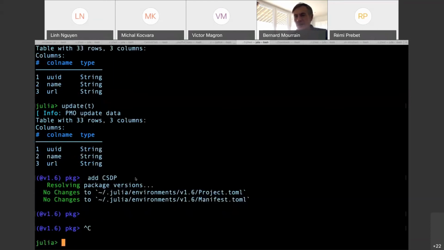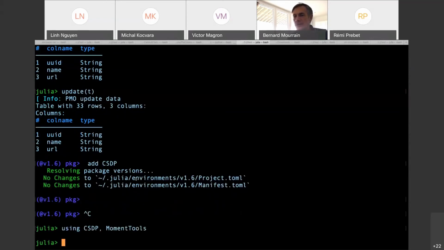So I can now use this SDP package and Moment Tools.